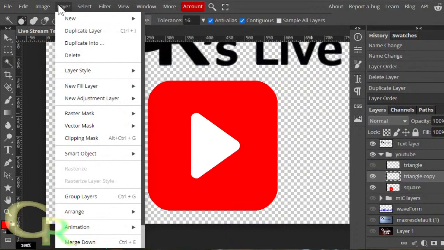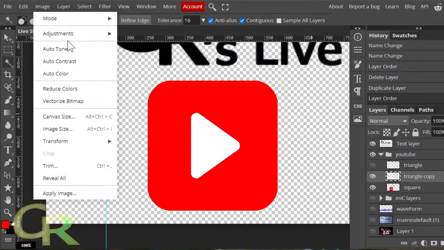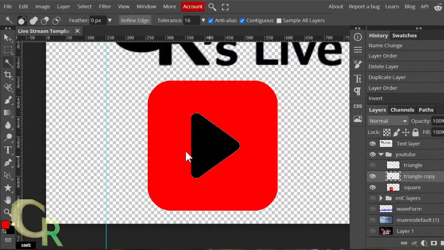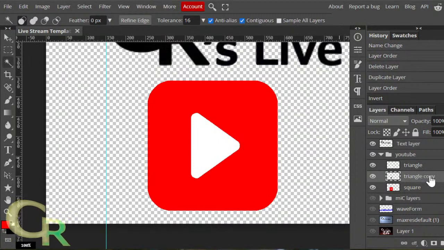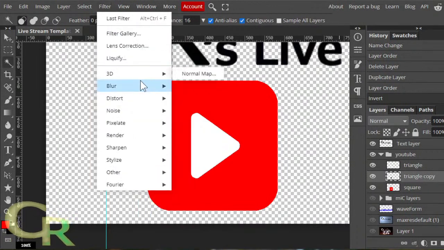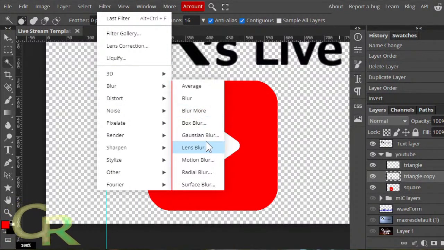And I'll actually go to image adjustments. Well, I can just go to invert or Control I. I'll show the original triangle. Go back to the triangle copy. And let's see on the border, just a tad.